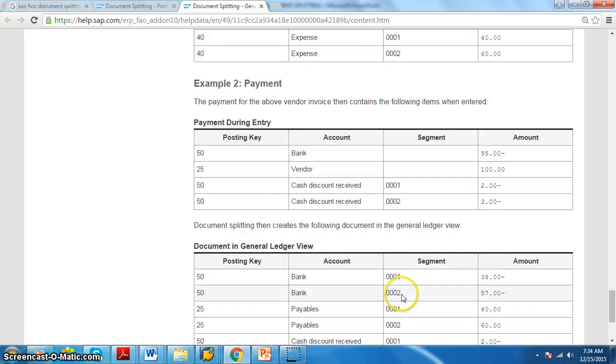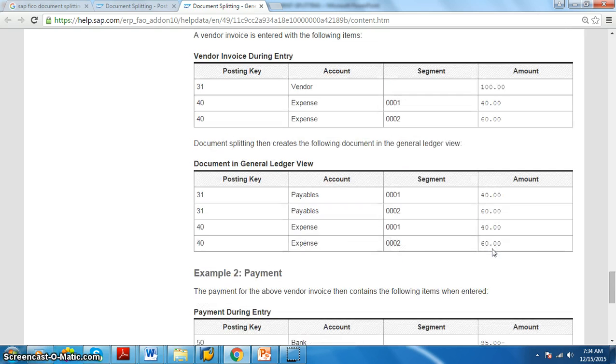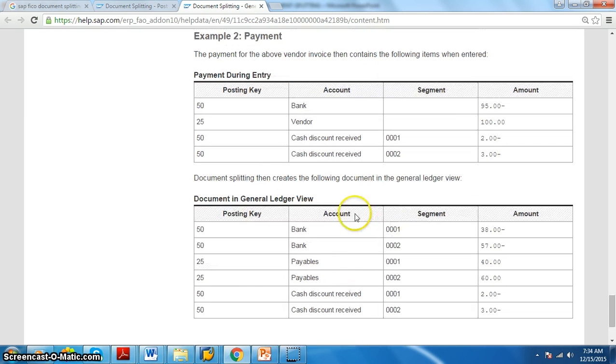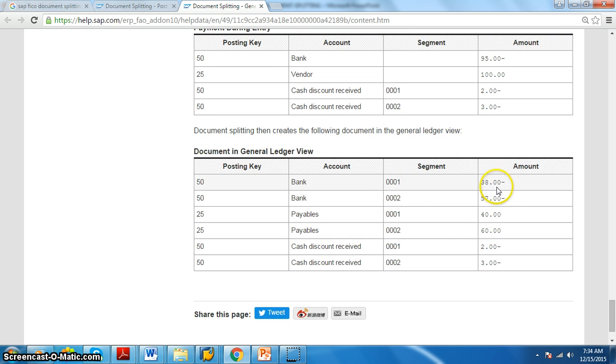Now the same thing we are going to do for the payments also. So the payment also we are doing. Okay, this is the payment. Here we have 001 category, 002 category. According to the 001, 002, we are not segregating according to any segments. We are just making the payments. Now what happens here is bank 01 38 and then we have